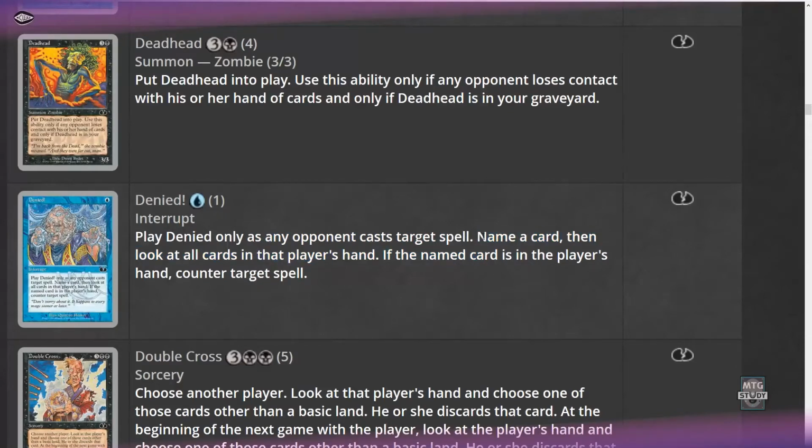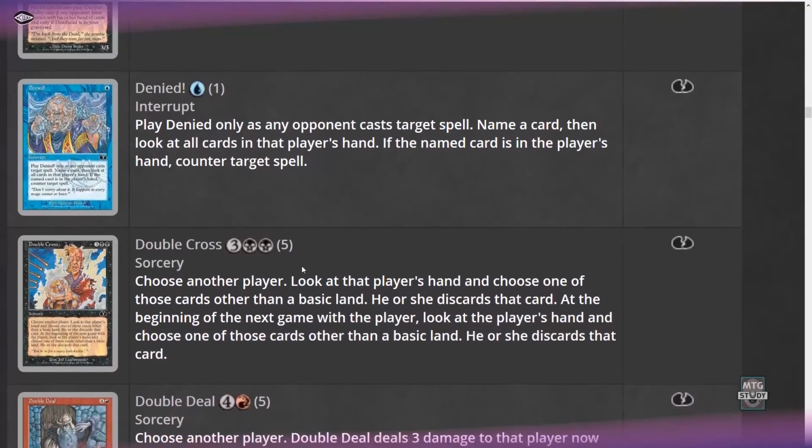Okay, name a card, then look at all cards in this player's hand. If the named card is in the player's hand, counter the spell. Yeah, definitely I can't think of any categorization or category or generalization for this, so we'll continue from this card next